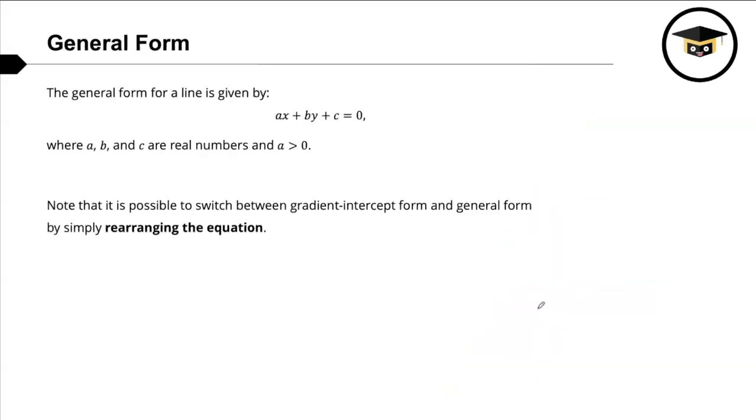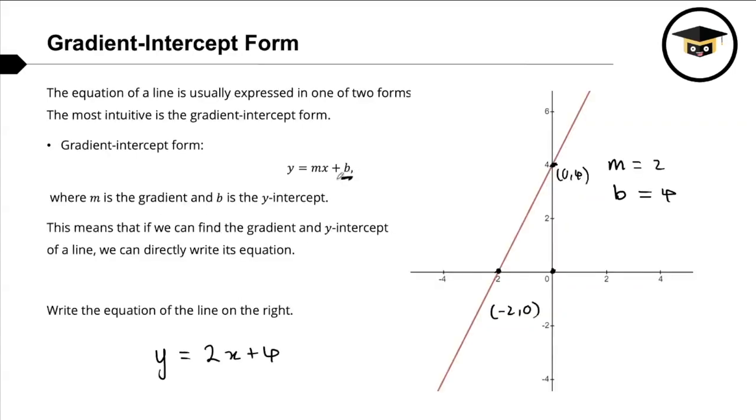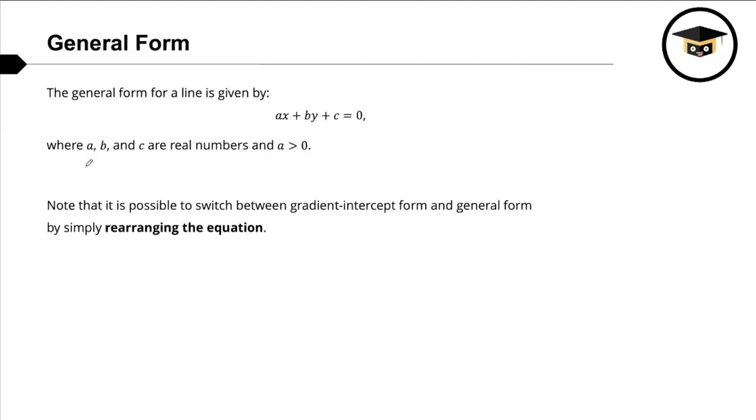Now, let's talk about general form. General form is a bit more interesting in that the formula is ax plus by plus c equals 0. It is important to understand that b here is not necessarily the same as this b here. They're actually different. So a, b, and c are real numbers, and this is something that students always forget. In general form, a has to be greater than 0. Okay? So note that it is possible to switch between general form and gradient intercept form by simply rearranging the